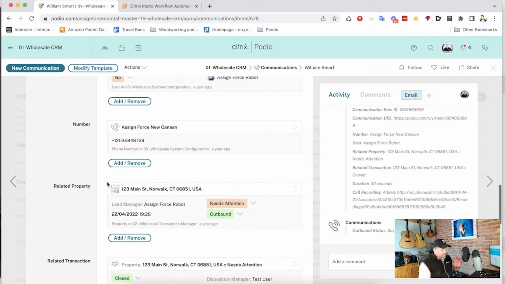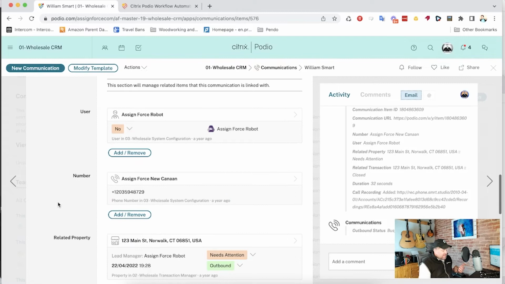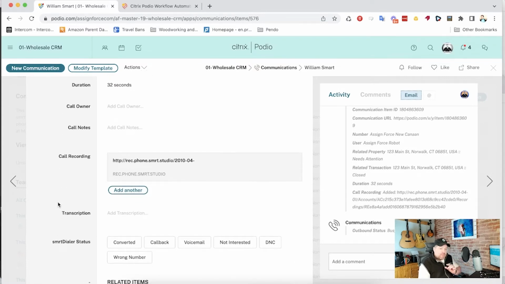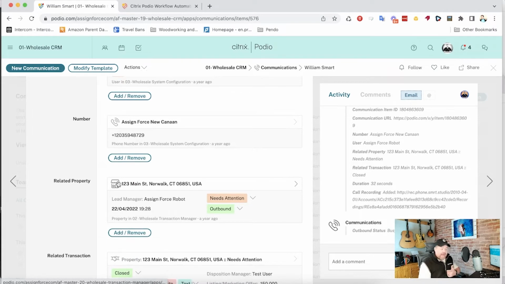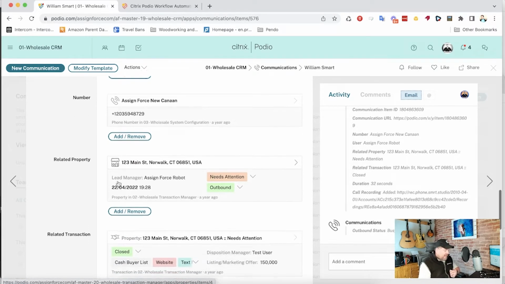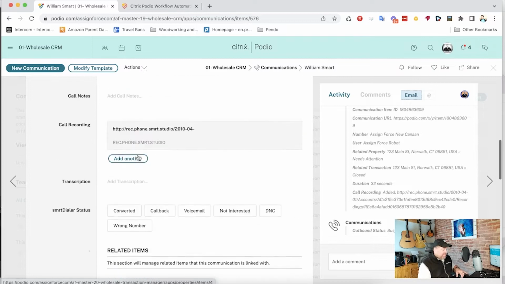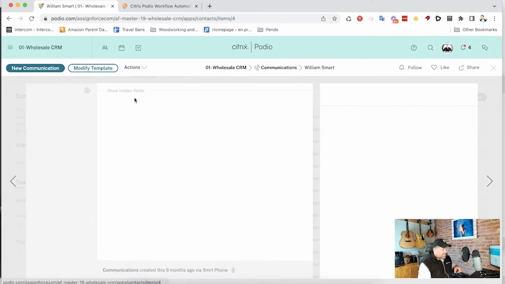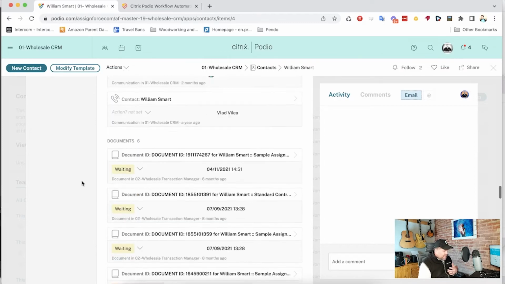Here, I've got a communication and it's logged against William Smart, and I'm going to use that William Smart contact to grab the property that William is trying to sell me and the disposition transaction that is related to that property. Now, how do I get those two? That's the thing we're going to dive into today, because you can see here that William Smart, if I go to his contact record, sure enough, he has got